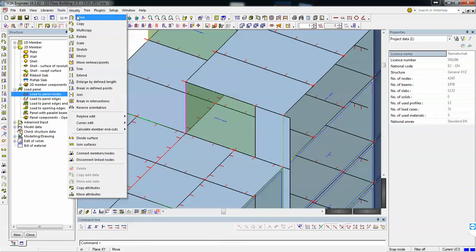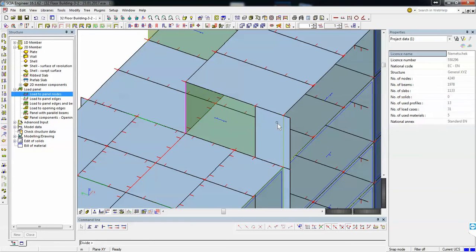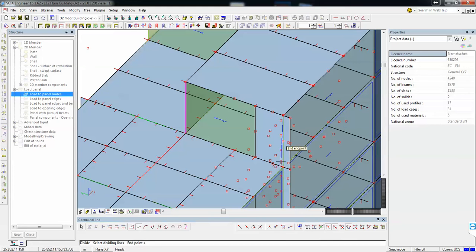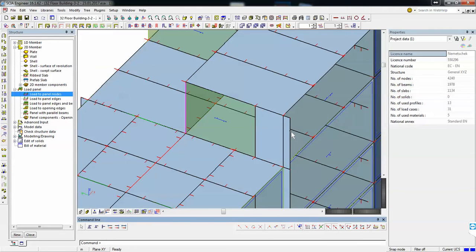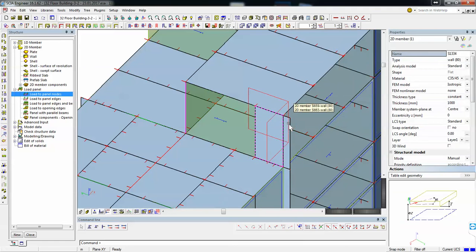I'll go to modify, divide surface, select this panel, hit escape, and divide it here and escape. And now select only this portion of it, and we will hit 3D wind.